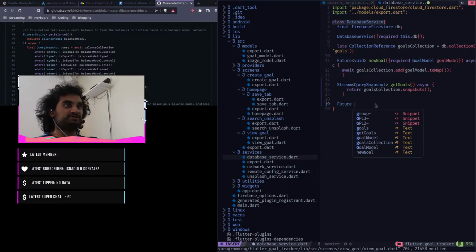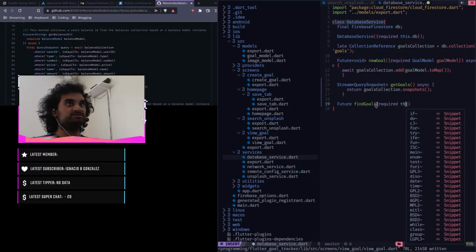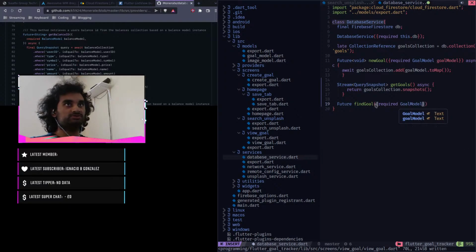Okay, so find goal, where acquired is dot goal, acquired goal model, goal, async. Then final query snapshot, query calls await